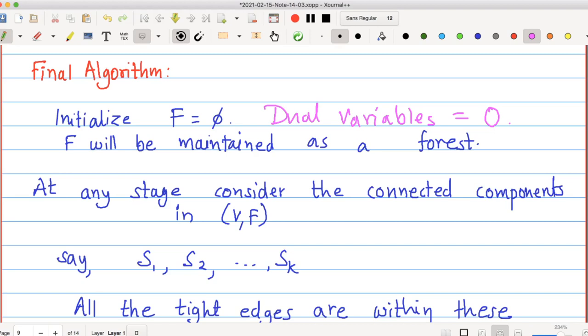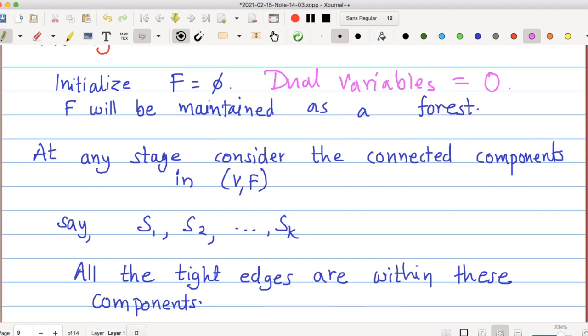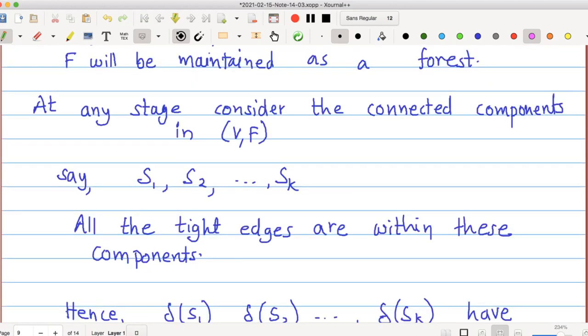At any stage, you have some dual values for some dual variables, which gives you some tight edges. Initially, of course, you don't have any tight edges. So you consider all the connected components.